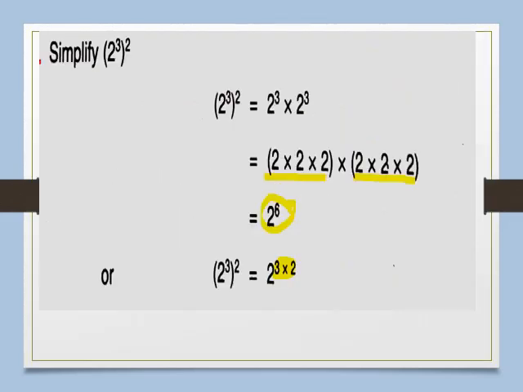See here now, power and its power. So here two powers are there. 3 is a power and 2 is also a power: 2 raised to 3, and this whole raised to the power 2. So how will you write this? You will write this as 2 raised to 3 times, then again 2 raised to 3 means 3 times, and then again 3 times. So in total how many times is it? 6 times. So power of power means the powers get multiplied, that is 3 into 2.